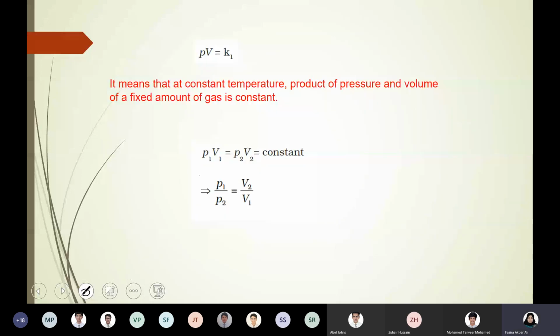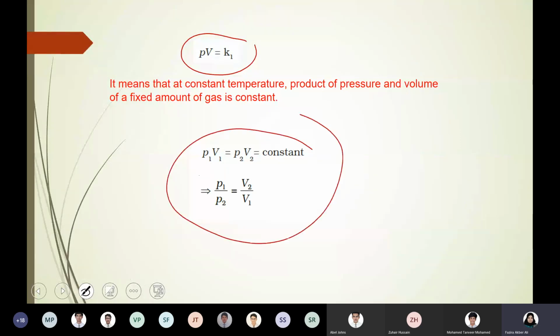And finally, we were modifying the equation, and we said pressure into volume, the product of pressure and volume, is a constant, and you can say that P1 V1 is equal to P2 V2 when you have two different pressures. For the same system, if you are changing the pressure, you can find the volume by using that equation, which can also be represented as P1 by P2 is equal to V2 by V1. This is another way of representing Boyle's law. It's a different representation, and based on these equations, numericals will be coming.